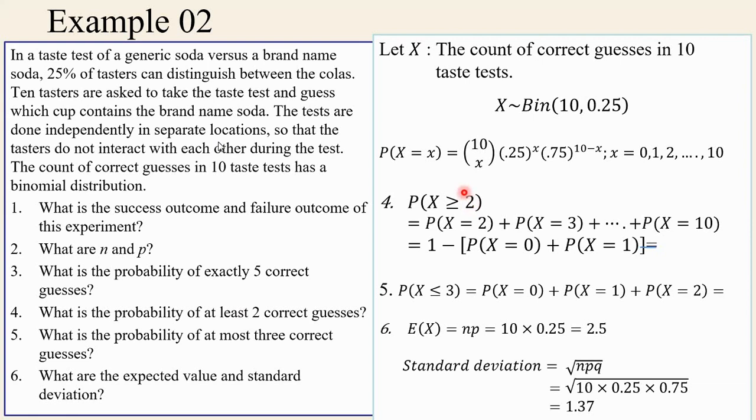This is the same as X equals 2, X equals 3, and so on, because the maximum value is 10, up to X equals 10. But there are nearly 8 terms, so it is very difficult to find the probability. It will take a long time. So to make these calculations in a short time, say 1 minute,